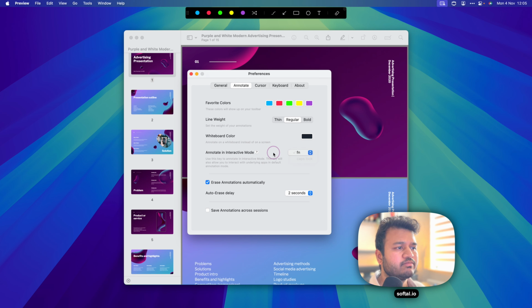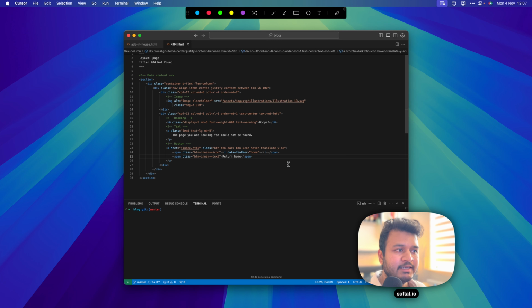And let's say you don't want to press and hold the FN key to enable the interactive mode or use Presentify in interactive mode. So there's another option called caps lock. Now I've set up the interactive mode key as caps lock. So what happens here is that I don't have to press and hold the FN key, but just press the caps lock once. So if my caps lock is pressed,